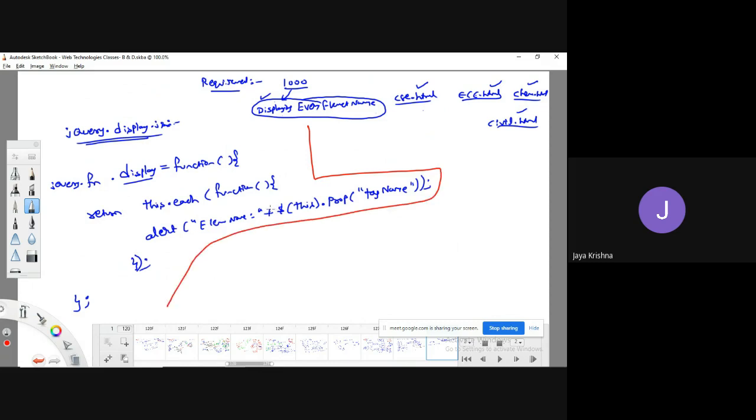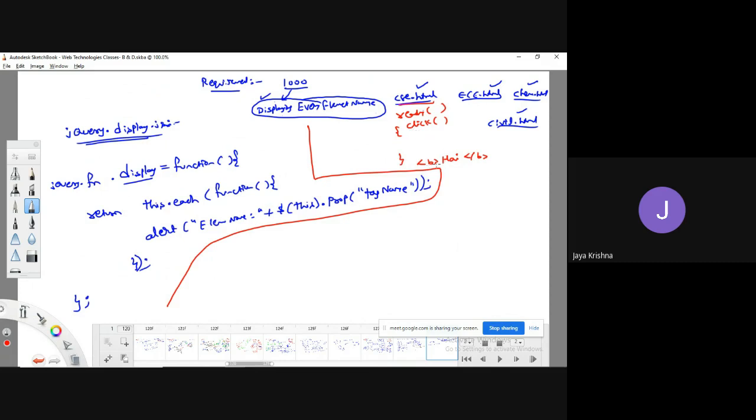Now coming to the HTML file. If you take csc.html, what is the requirement? My requirement is, for example, there is a bold tag. Whenever the document is ready, or whenever the user clicks a button, for document ready you can write the ready function, and whenever the user clicks the button you can write the code.